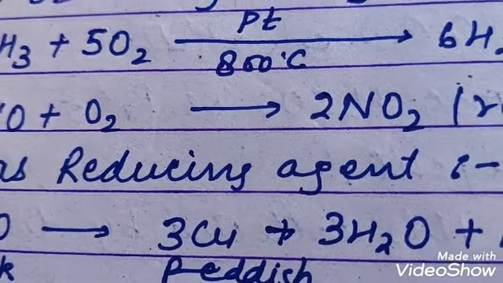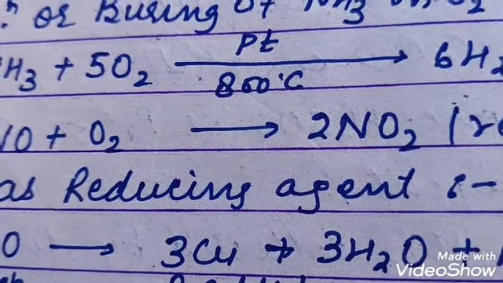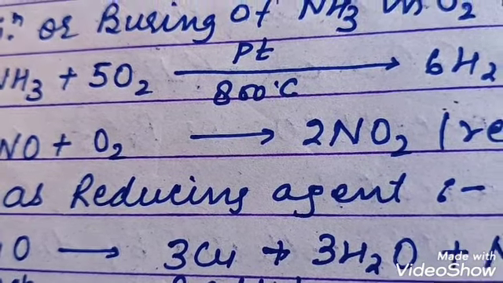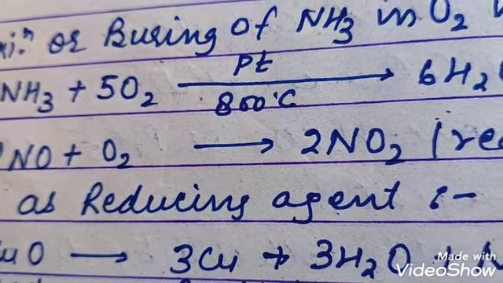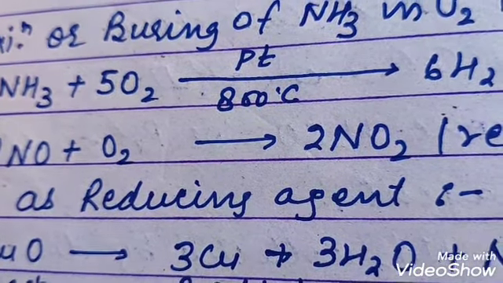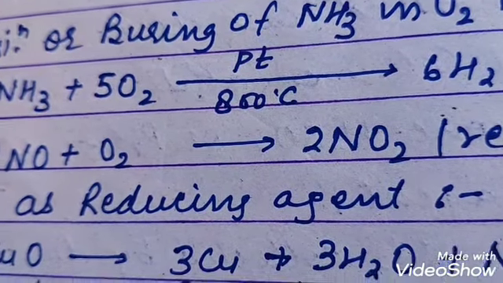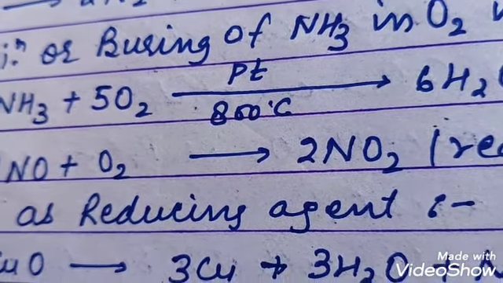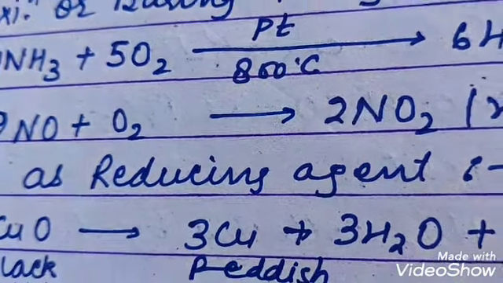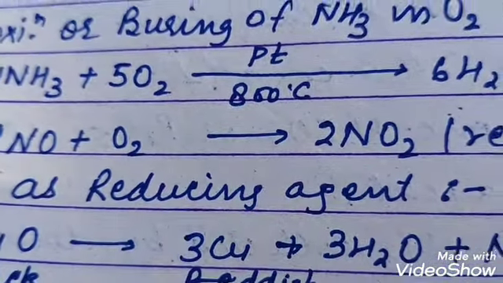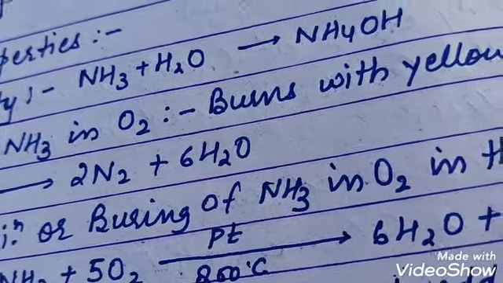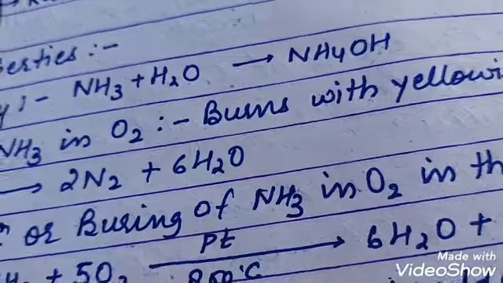Why don't we use it? Because most of the equipment is copper based, and ammonia is not compatible with copper. If even a little oxide forms, it will reduce the copper, everything will get wasted and messed up. So we are not using it, but in the near future we can use it as a coolant. All right, the rest of the uses you can read from the book. Thank you.